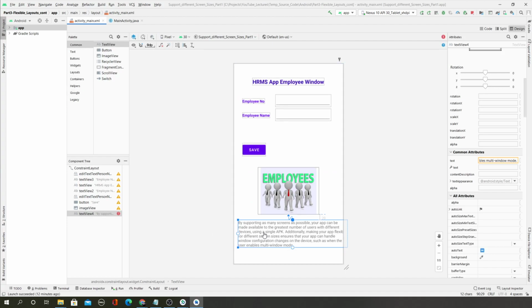So the width, I can say match parent because it's larger text and I want to occupy as much of the area of the screen to display the text. So I can say the width is equal to match parent. Then when you run this, the label width will match the parent. When you say parent, it is the parent window, meaning the parent layout, the constraint layout.